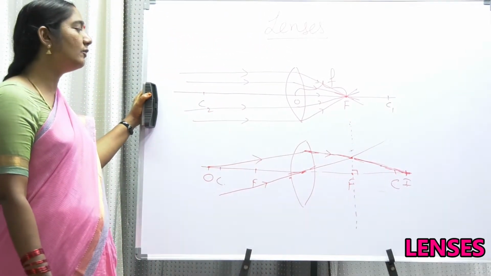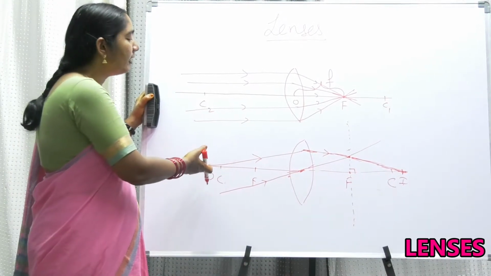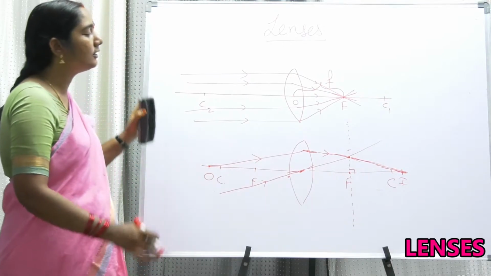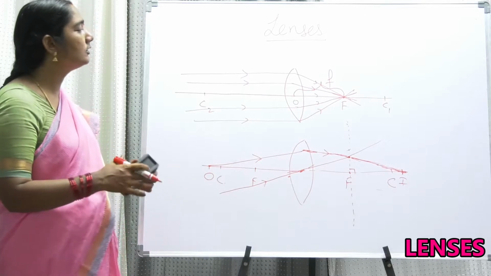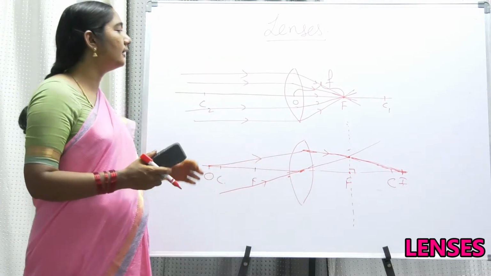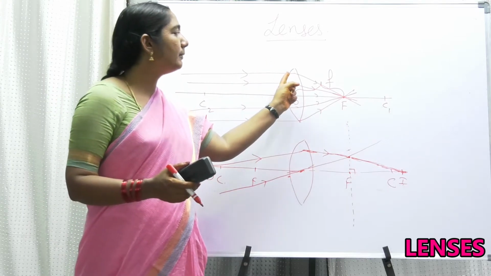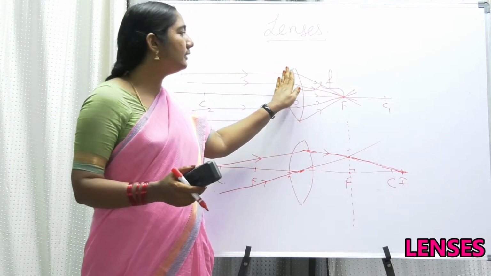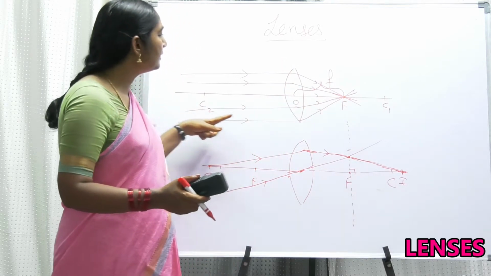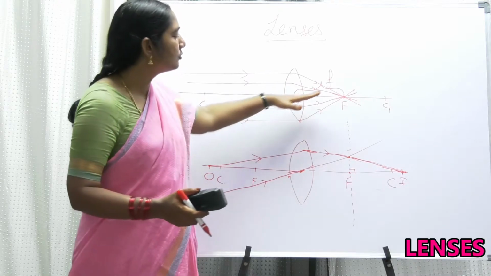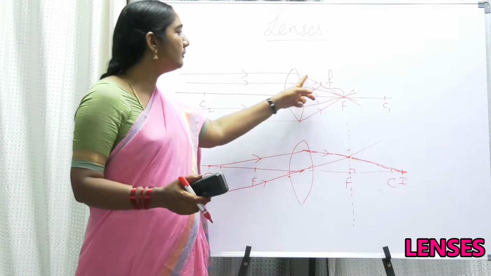So my dear friends, now I think you understood how to draw an image when a point source is taken for a convex lens. Now you are trying to understand the ray rules. Now we are discussing the ray rules when a convex lens is taken. So once again, a parallel beam after passing through the convex lens passes through the principal focus. A ray which is passing through the optical center just goes straight without any deviation. The ray passing through the principal focus